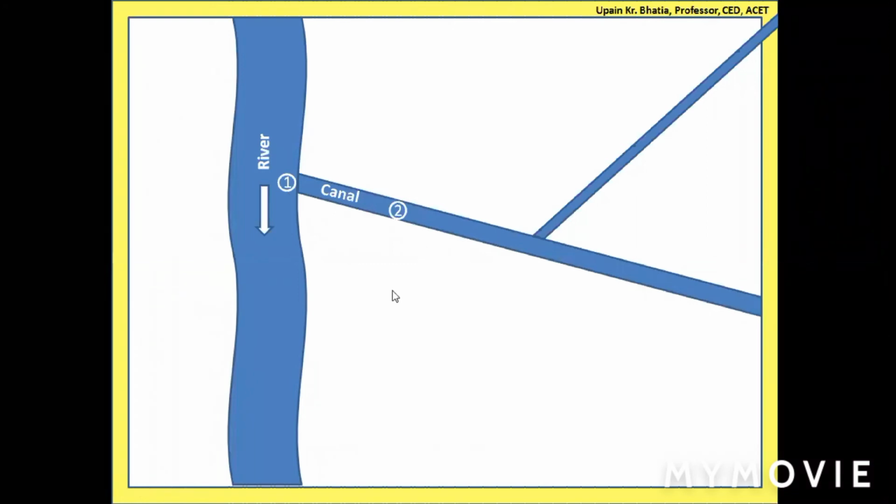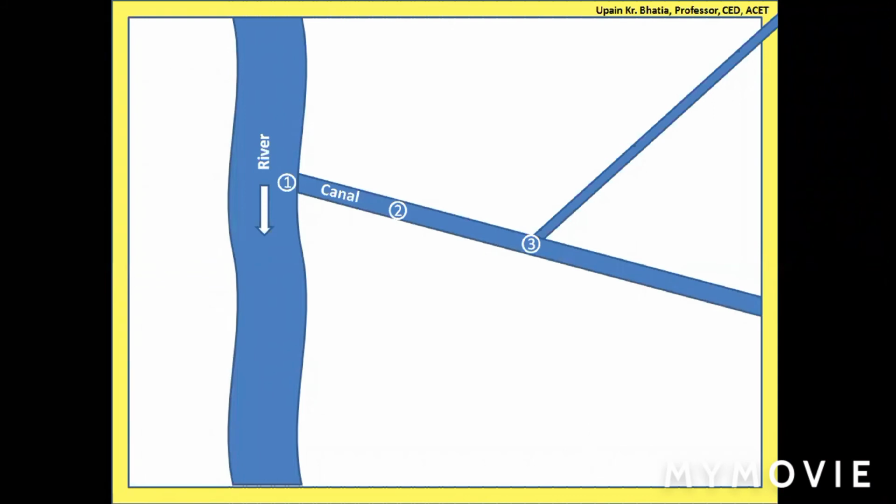The second location is this circle, and the number 2 represents the second type of device. The same device cannot be provided over here. It is of a different category, a different device, but the location is here. So where is this location? It is within the canal at the downstream of this canal head regulator, a little downstream side of the canal head regulator. Some structure is provided over here. And third is this location.